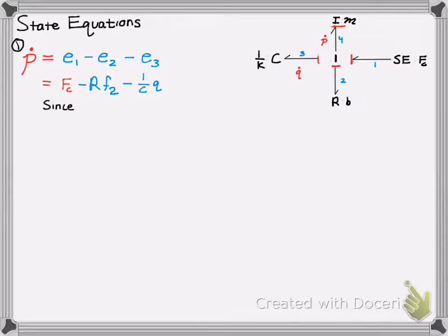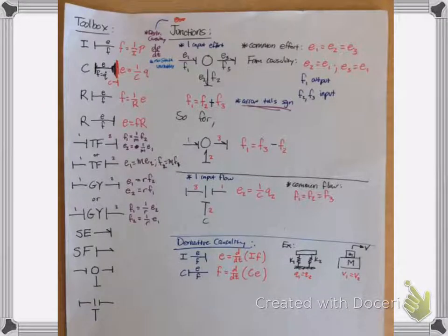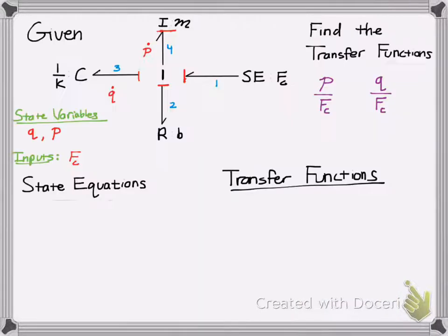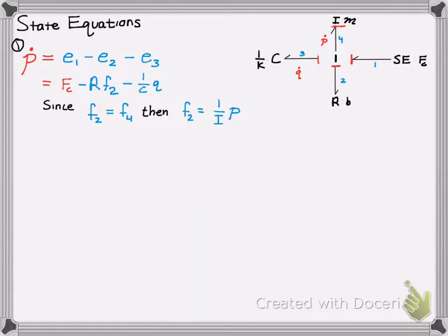Okay, so since we know that at a one junction all the flows are common, that means F2 is equal to F4, and that means F2 is simply 1 over I times P. And we know that because for the inertia there on the top left, we have F equals 1 over I times P. Now the reason we are looking for P,